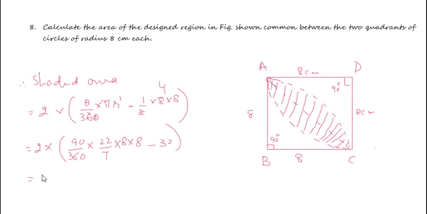So that is equal to 2 into, this is once, this is 4 times, 8 into 2, 16, 22 into 16, 352 divided by 7 minus 32,